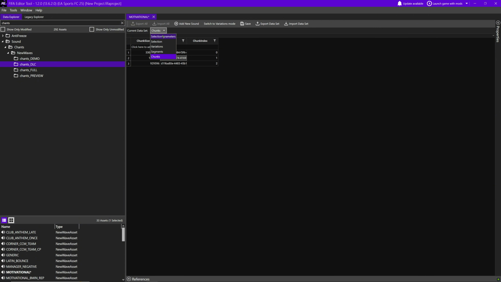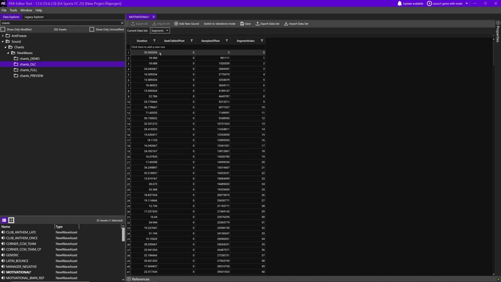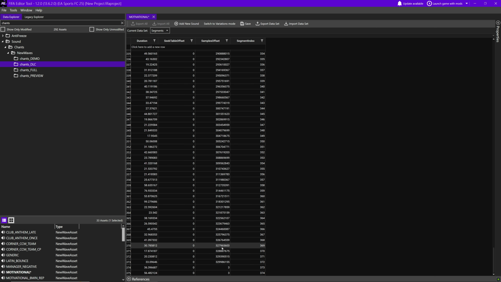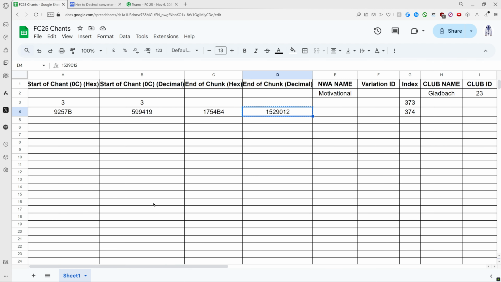Next, we continue with segments. If you scroll to the highest segment index, you will notice that the editor has already created 2 entries for our charts there. However, we still need to adjust the samples offset, but only for one of them in this case, as a new chunk always starts with 3. This means it is correct for our first chart, but for the second one, we need to enter one of the values from the sheet there.